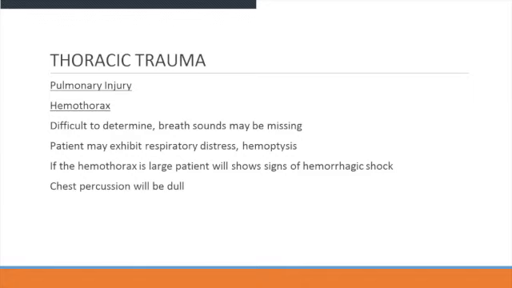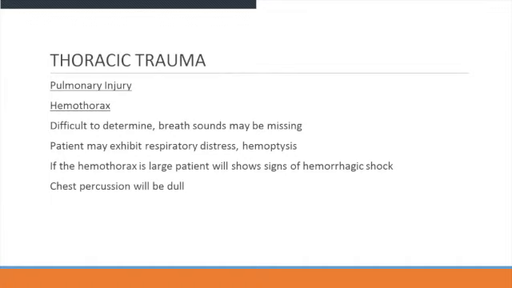The way you do it is basically listen to lung sounds. You're going to notice absent or diminished lung sounds. Do the percussion test. Just give it a nice little thunk. If it sounds like a melon, more likely you've got a hemothorax. If it's high pitched, like what a balloon would sound like when you thunk on it, more likely you're going to have a pneumothorax. I'm sorry, a pneumothorax.